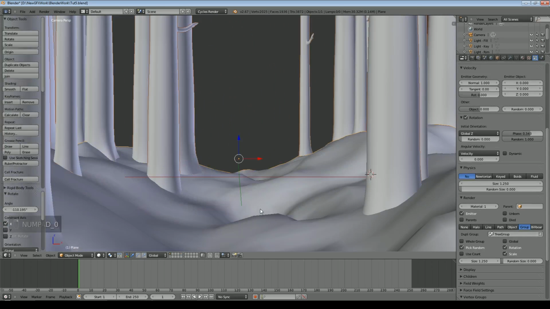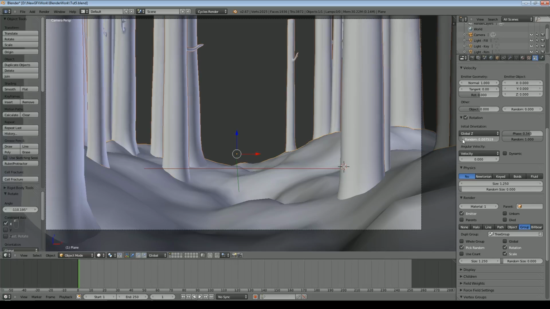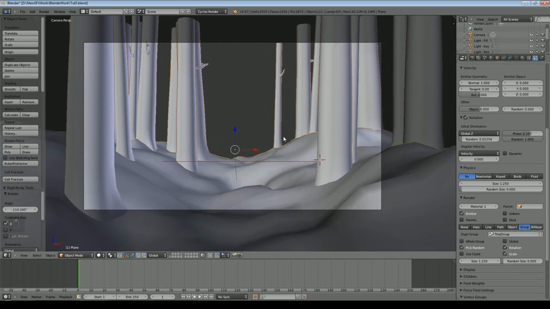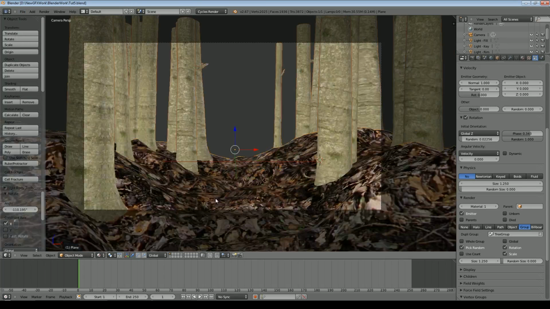So now you can see we're starting to get some more random variation in the angle there, and we now need to add some variation in their vertical direction. So we just put a little bit of random there, not too much because it'll look like there's been a meteor strike or something otherwise. Just a little bit. So that's the start of it. If we turn on materials, you can see a rough approximation of what it is.